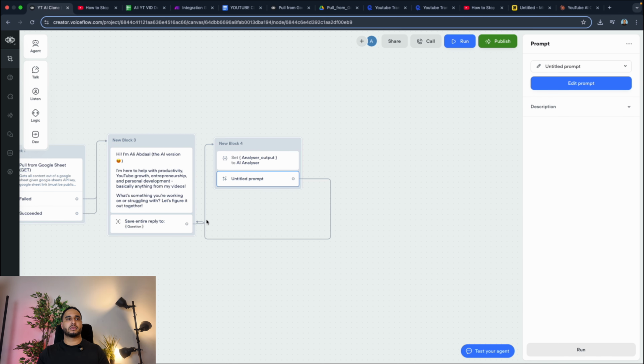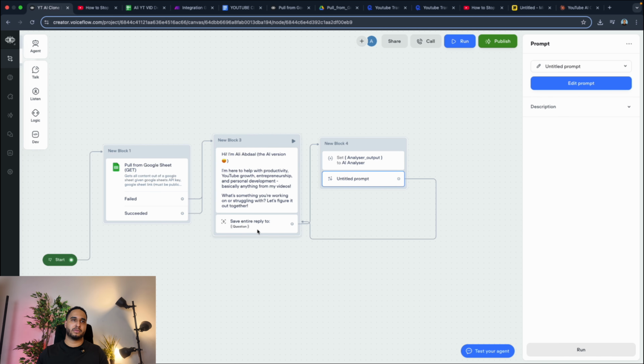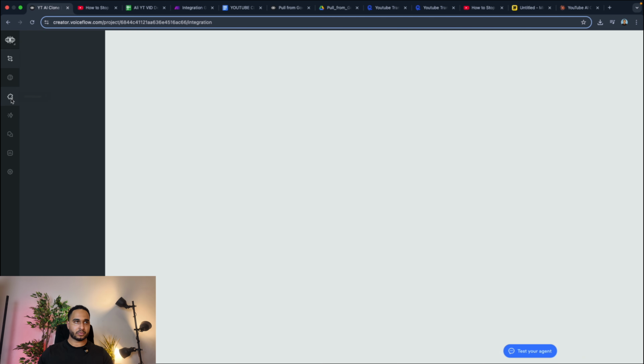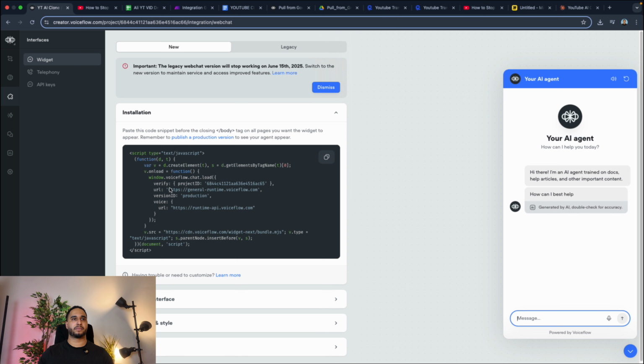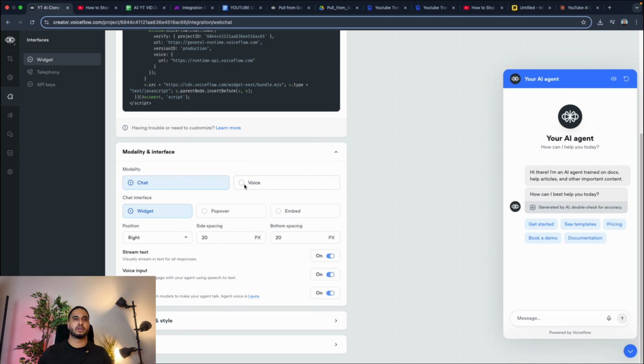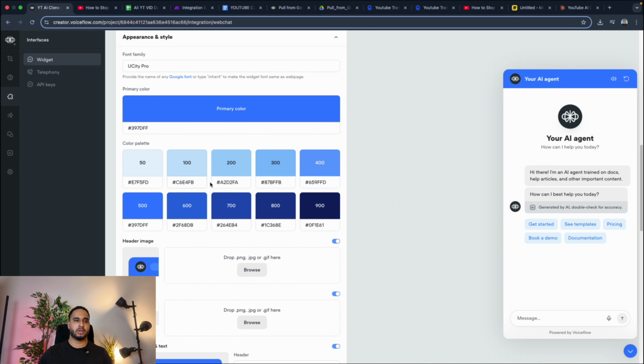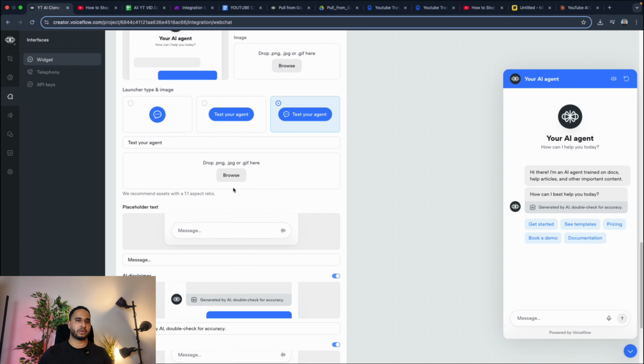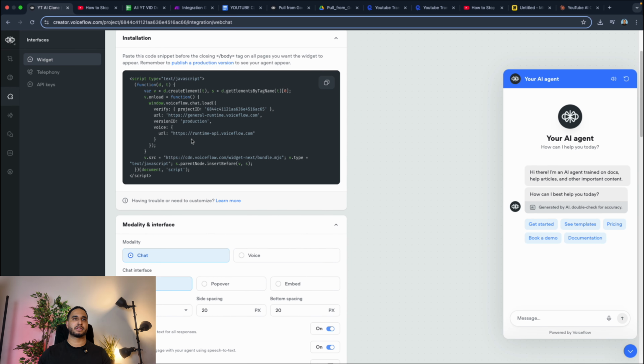Okay, so once you have finished this up, not a very difficult flow, you can also customize your chatbot. So right now it will look like this, but you can have, for example, a voice. You can stream the text, you can have a voice input so people can talk to it, voice output. You can have a different logo, different colors, and basically you will get this code, and with this code you can